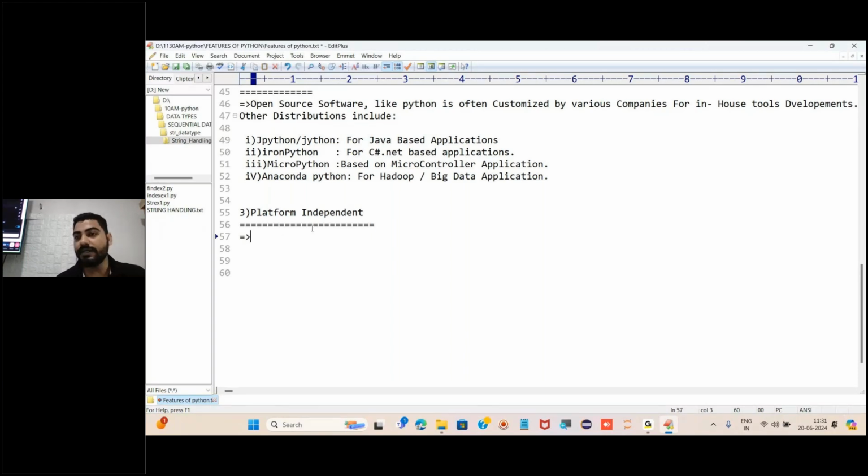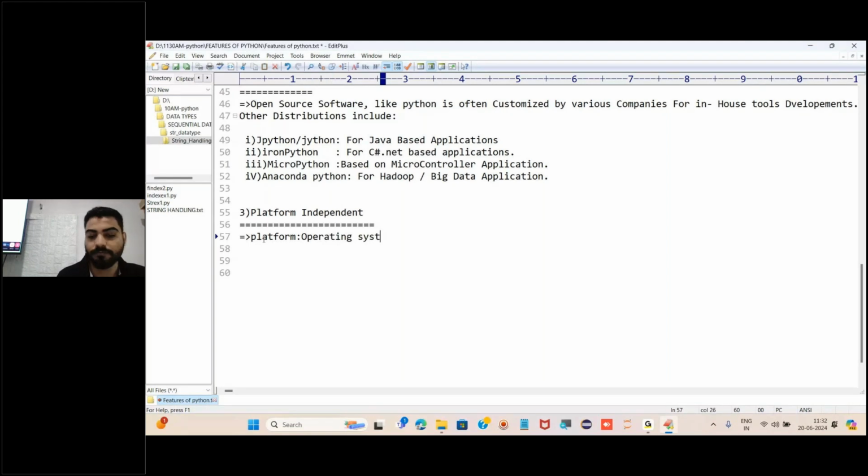And Python is independent of platform. So what does it actually mean? What is platform here? It is nothing but just an operating system, right?